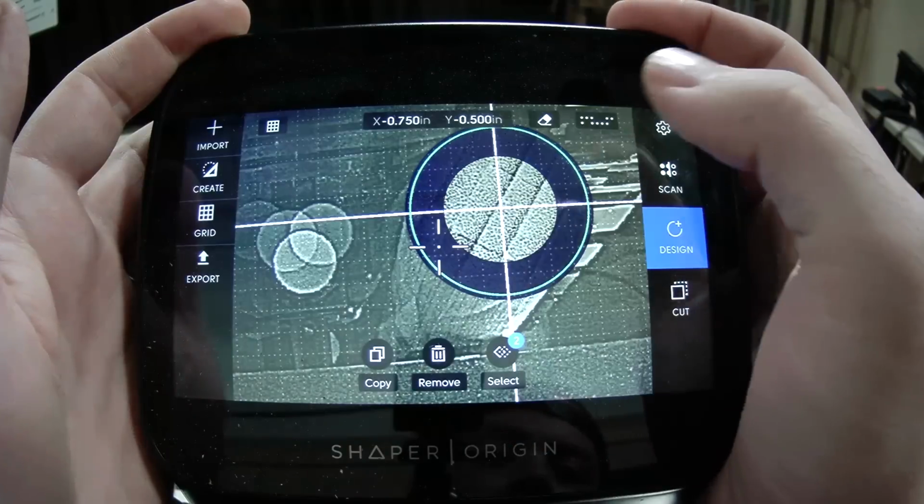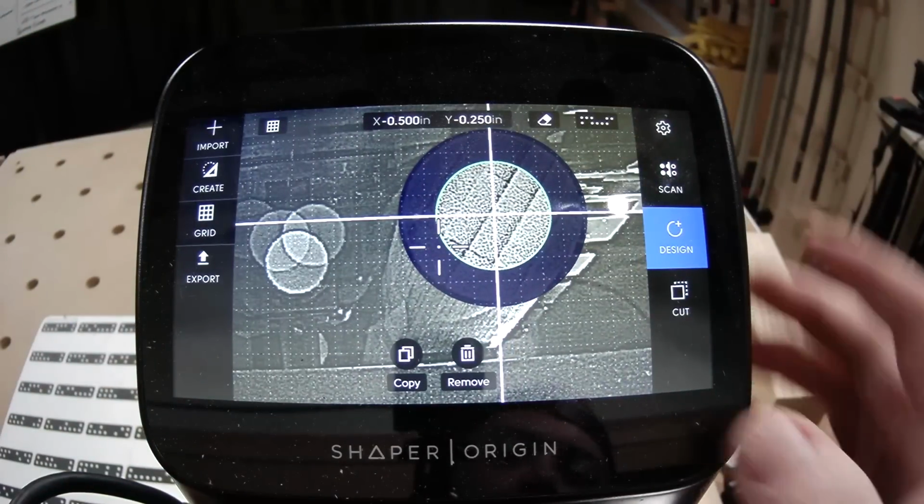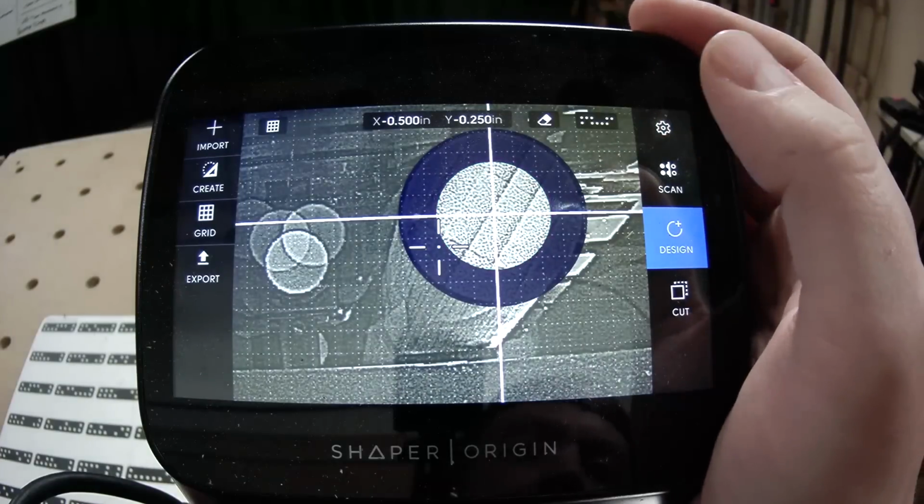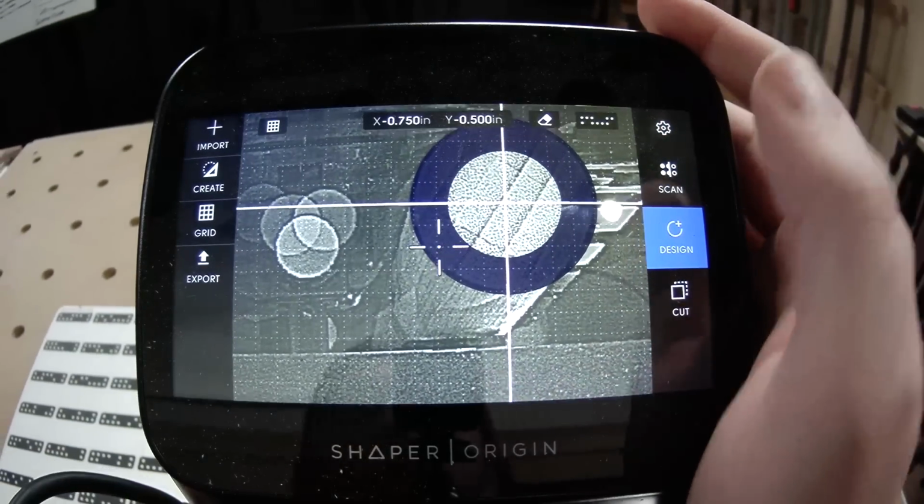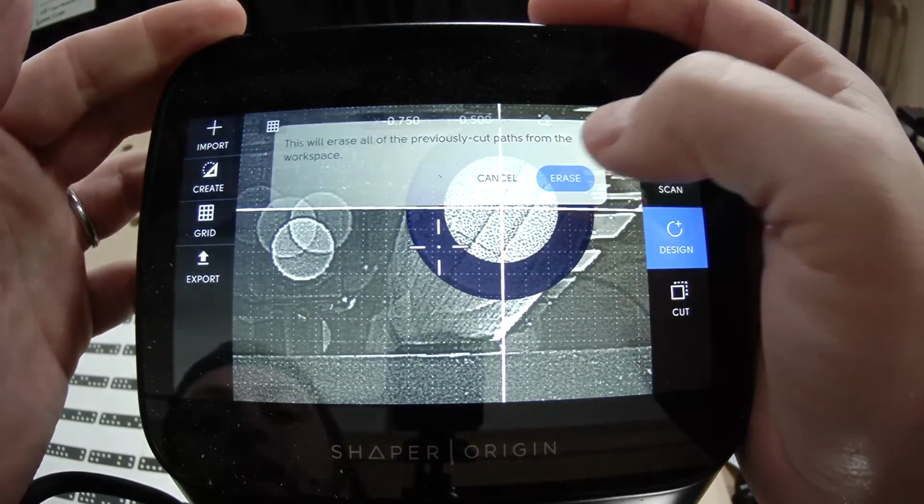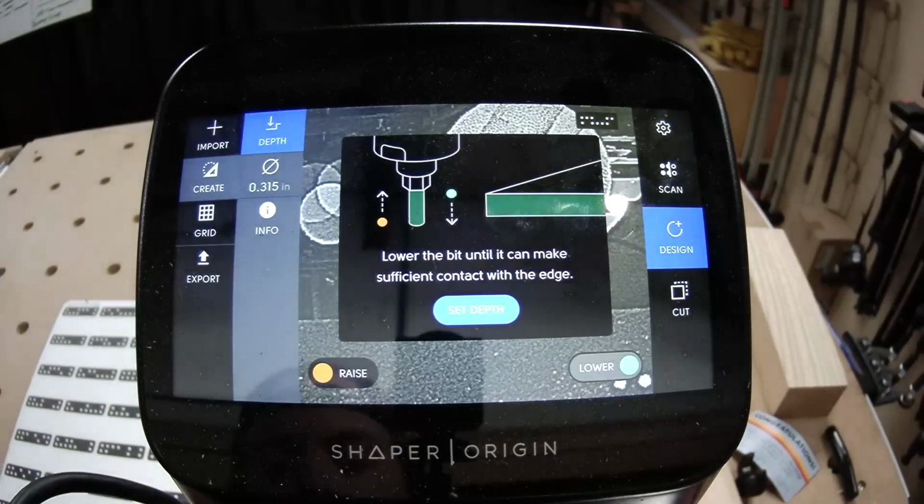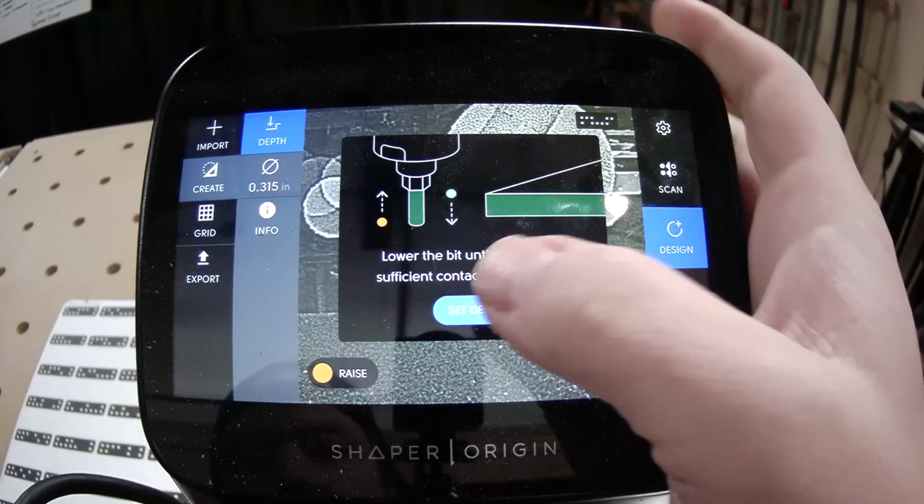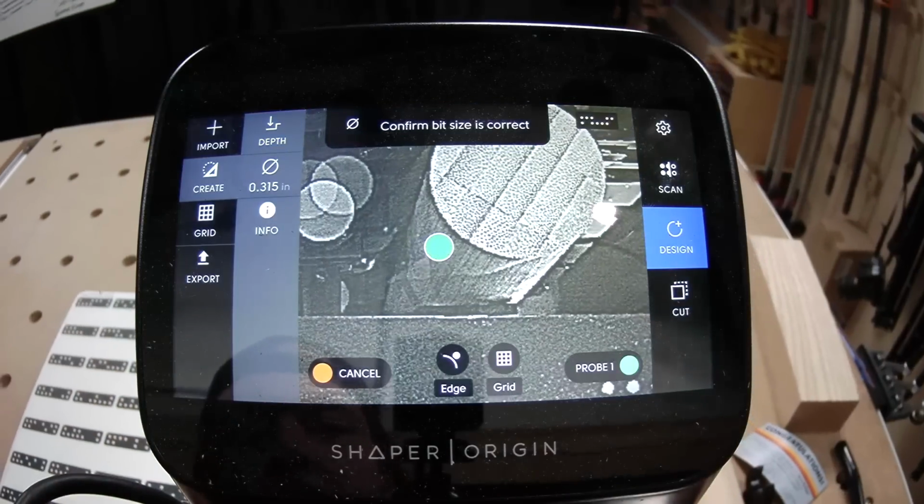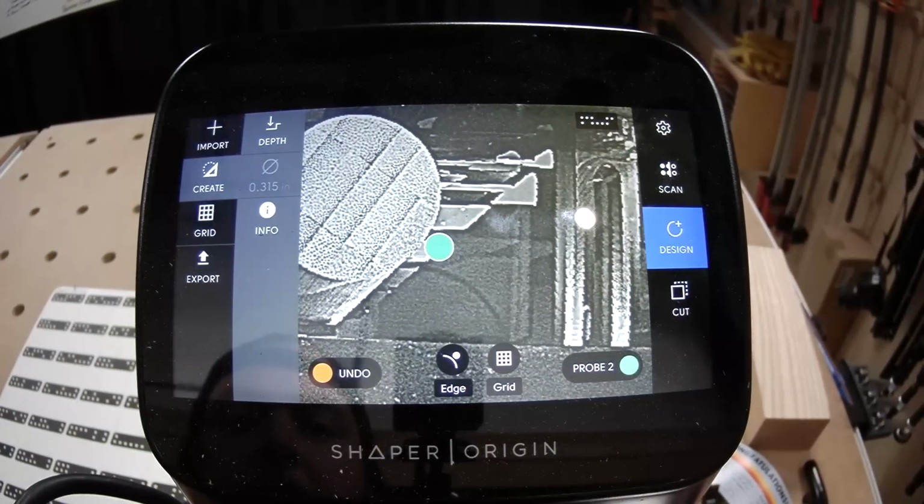What are you doing now, Jake? We're getting rid of that circle that you created. We can clear out that cut history. There we go. I was just starting fresh. Great. One, two,